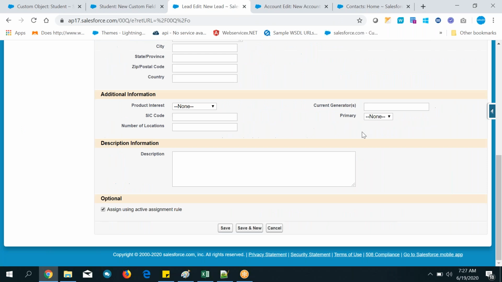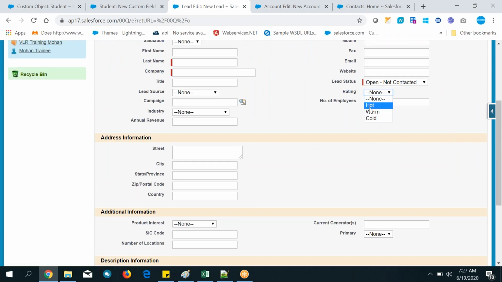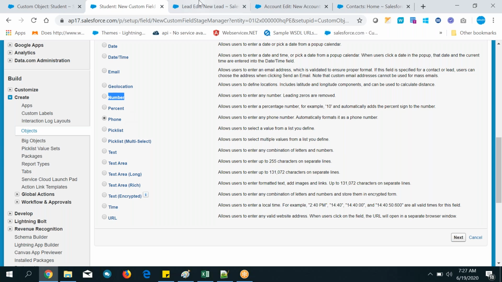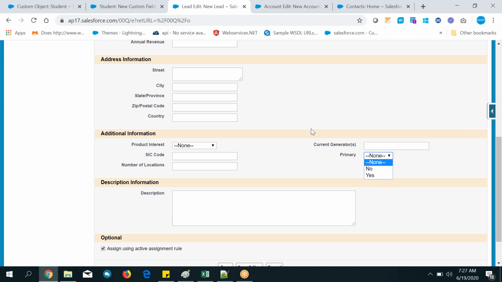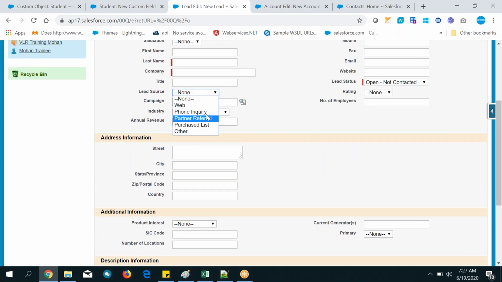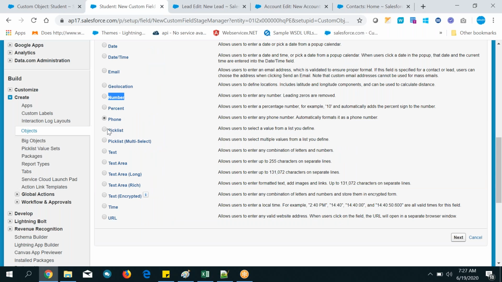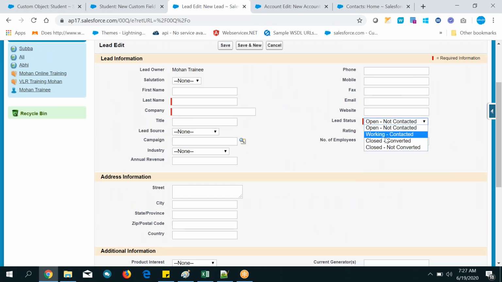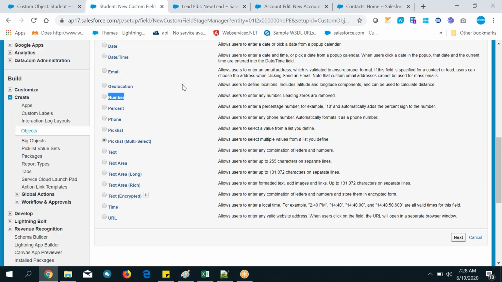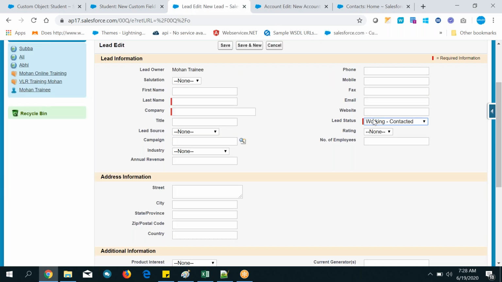And next, pick list. Pick list is nothing but a drop down. This is called a pick list. If you select a field like this and create it, it will be like this. Artwork, you can give any values. These are the standard fields given by Salesforce, and if you want you can create it like this. Drop down is nothing but a pick list in Salesforce. Next, multi-select pick list is also there. Here how many values are you selecting? Only one, right? But if you create a multi-select pick list, you can select more than one value.